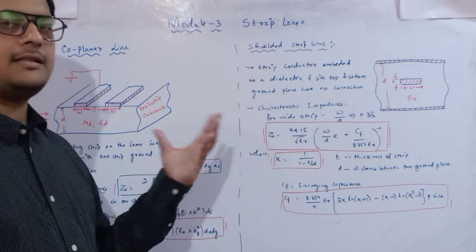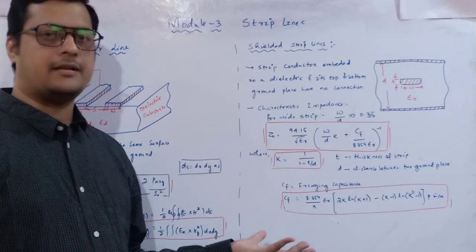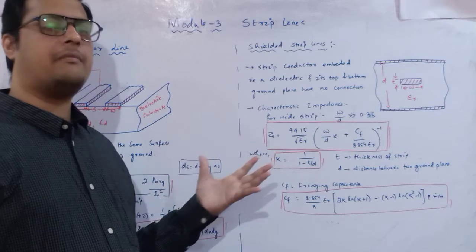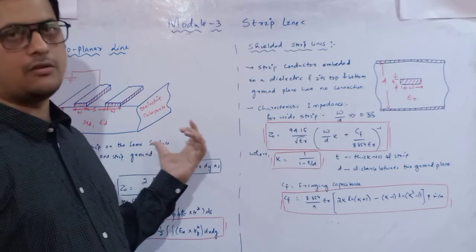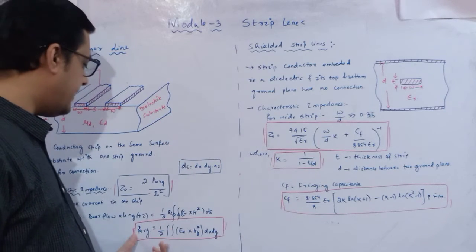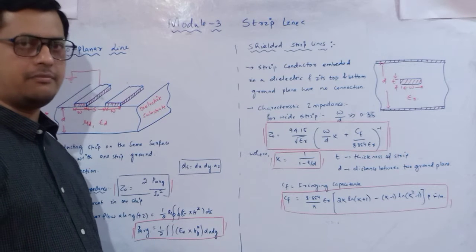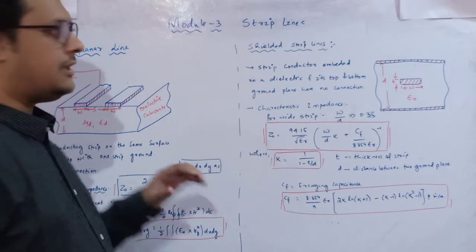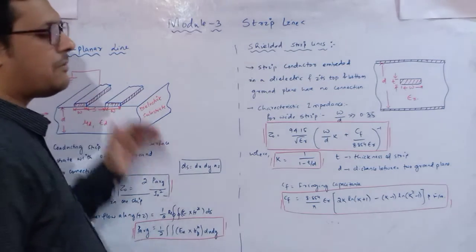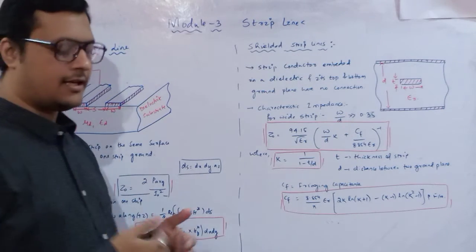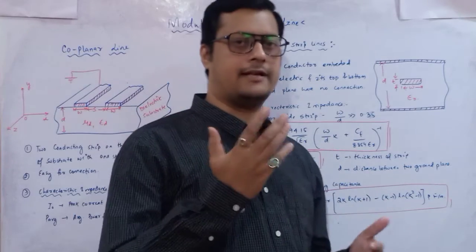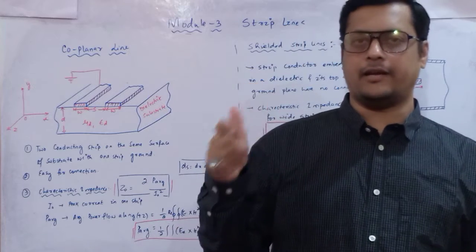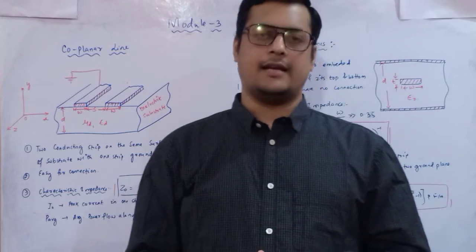Okay. But what is this average power? Average power is half, as we are identifying the Poynting vector, the same power we are going to identify with respect to this coplanar line. So what is it? The average power is half of the real part of the surface integration of E cross H dot ds. So here we are taking that the wave is propagating along the z axis. So the electric field and magnetic field will propagate along the x and y axes. So the whole cross section will be made up of dx dy, whose normal direction is along the az axis.